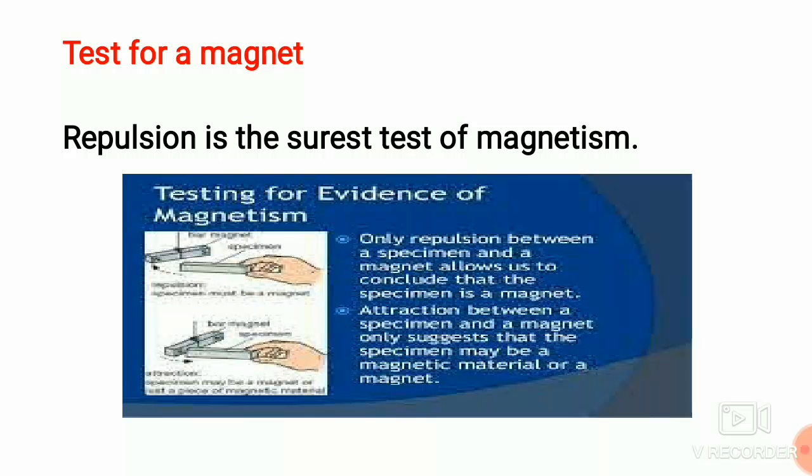Now let us study the test of a magnet. What do you mean by the statement test of a magnet? Yes. Now we will study the test of a magnet. Any specimen, any material that you have in your hand, you need to test whether it is a magnet or not. So,